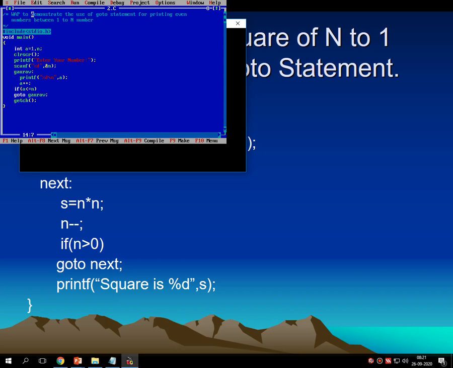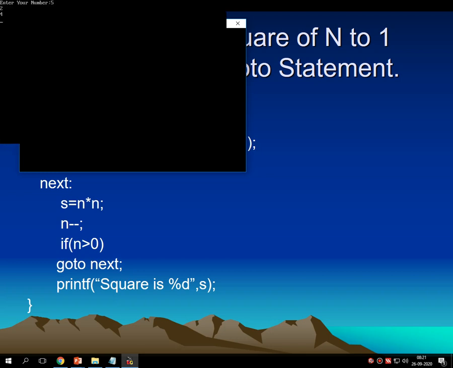So for that, what do I have to do? Here I am getting a number. Then in this window I have to check if a modulus 2 and its remainder is 0. That means if a is divided by 2 and the remainder is 0, then it should be printed. That means it's an even number. We have written the program for checking whether a number is odd or even. That logic I am applying over here, and everything else remains as it is. So let's check the code, will it work or not.